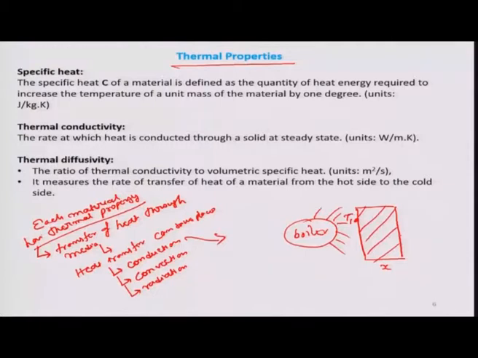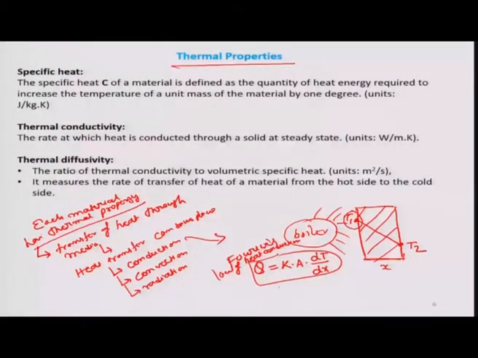When heat gets transferred through this slab, there will be a temperature of T2. If you want to calculate the exact amount of heat transfer, it is calculated using Fourier's law of heat conduction, that is Q is equal to K into A into dT by dx, okay,